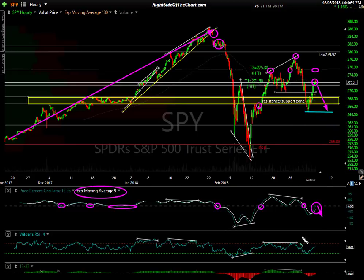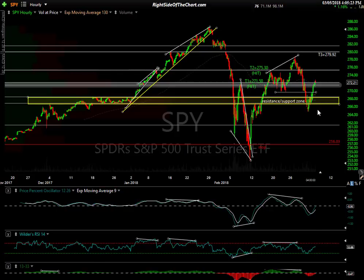And of course, divergences are just one of many things. So are trend indicators. Let's look for a break and a move up here or beyond. That would be bullish, obviously. It would be bullish because it would take this trend indicator and it would cross that signal line back above the zero line, flipping the trend back to bullish. It would have told us at that time, especially if we can take out these previous highs, that those divergences